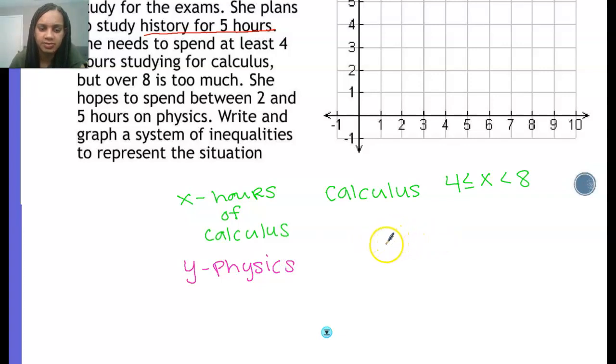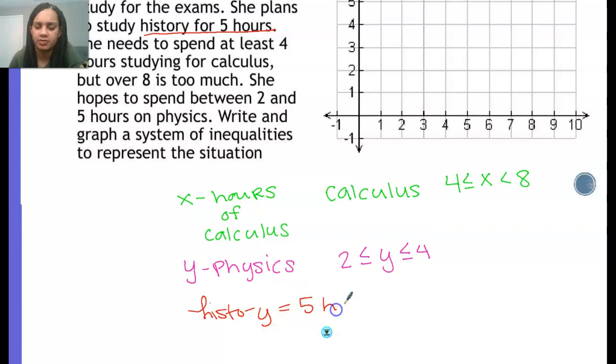So she needs to study between 2 and 4 hours. So between could be equal to. The other thing I need to account for is history. So history was a standard